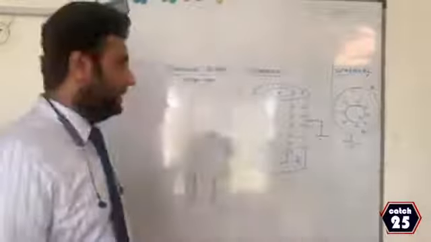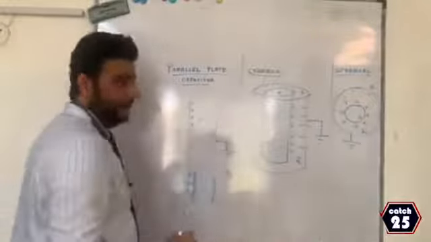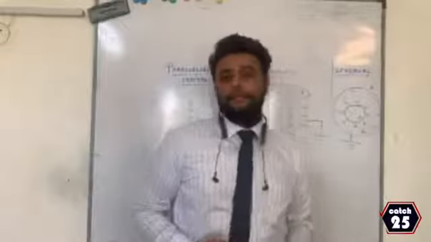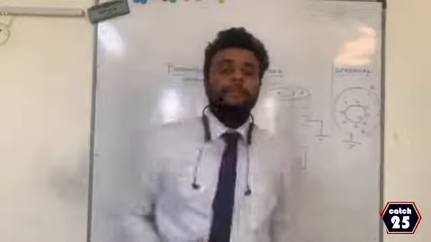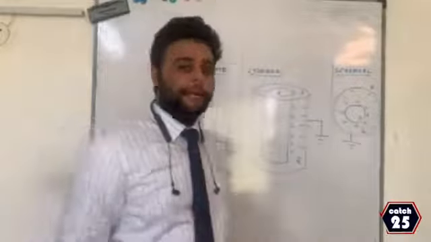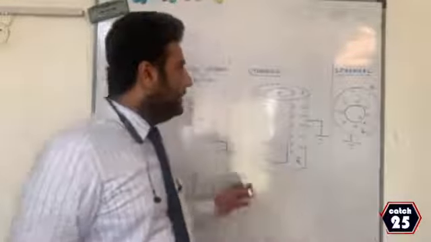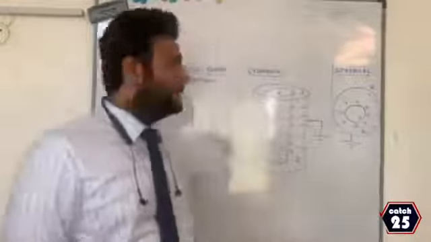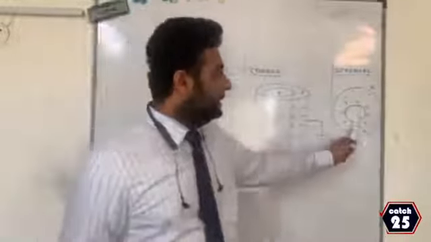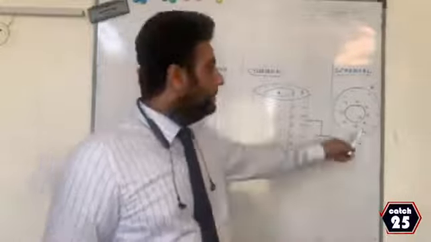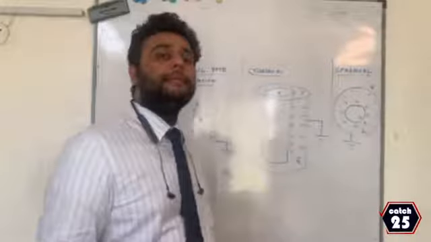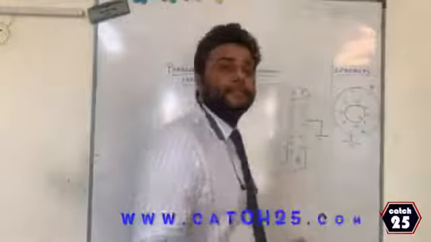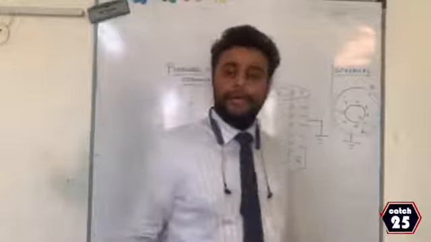Therefore, if you look at all three diagrams on the board, parallel plate capacitor, cylindrical capacitor, and a spherical capacitor, you will notice between positive and negative there is nothing except dielectric constant K, and always the outer plate is preferably negative and it is grounded. And the definition of capacitor is two equal and opposite conductors separated by some dielectric. This is the definition of capacitor. And the unit of capacitance is farad, denoted by capital F.